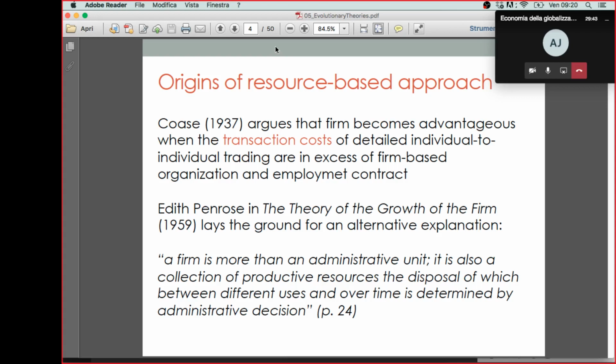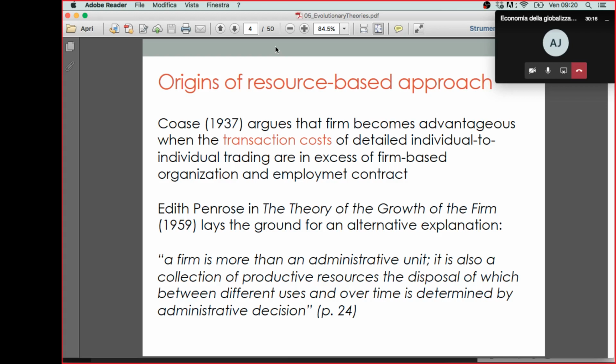Now, Edith Penrose, an author that wrote an important book after Coase, The Theory of the Growth of the Firm, in 1959, defined an approach which is somewhat an alternative with respect to Coase, where her starting point is similar, because she thinks that the firm can be studied in a sense as an administrative unit. However, she argues